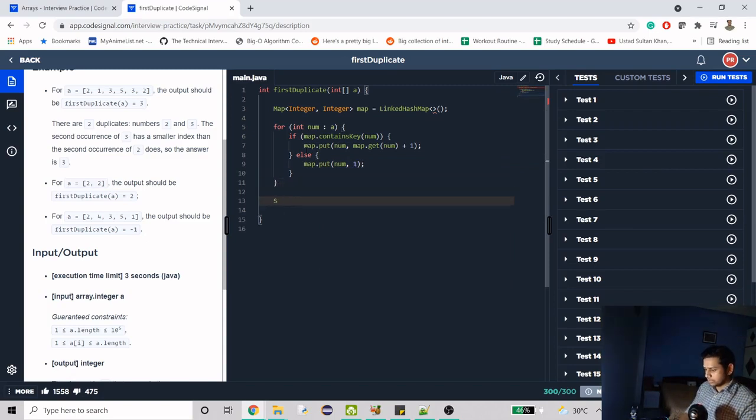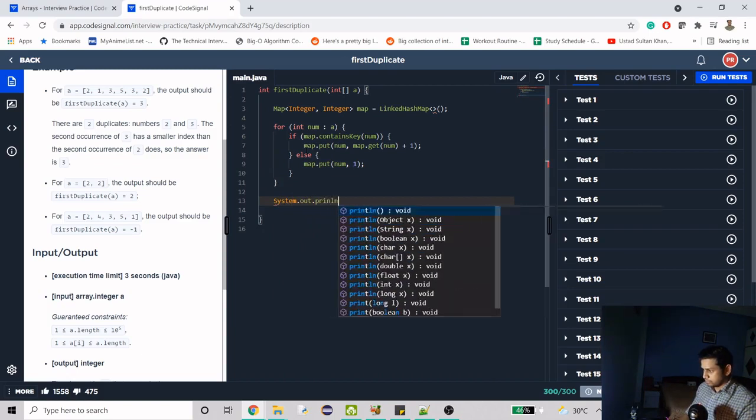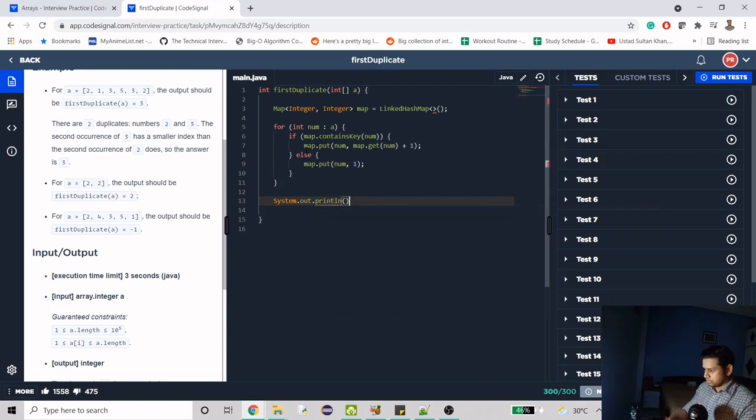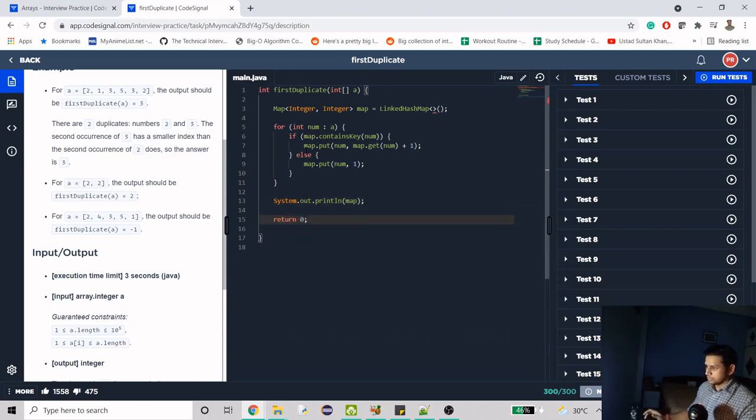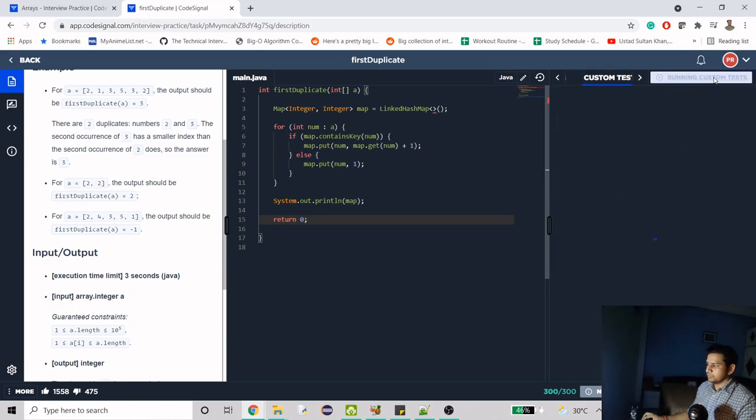Now we have the map. We can try to print this also. And we will just return any number for now, right? So now let's do a custom test.